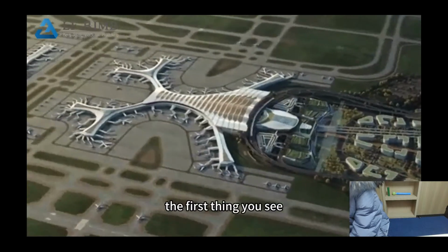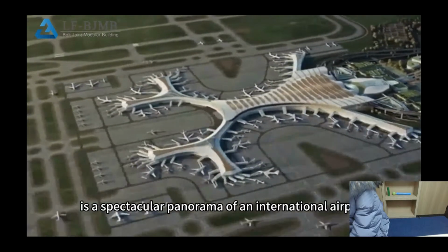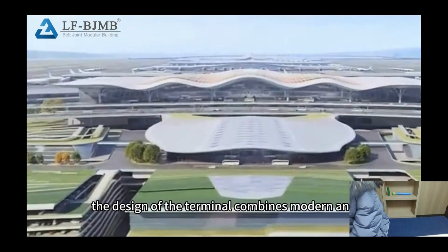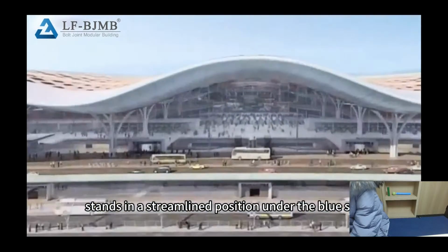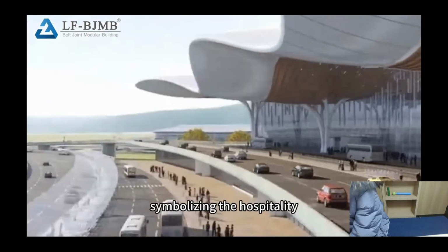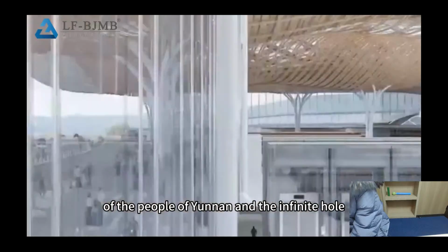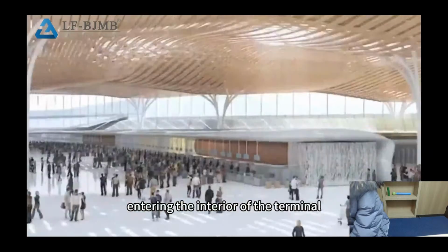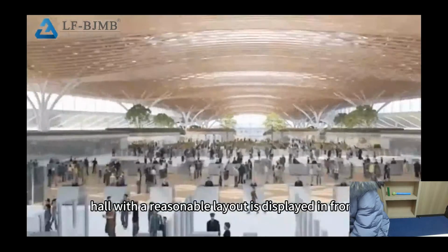The first thing you see is a spectacular panorama of an international airport in Yan'an province. The design of the terminal combines modern and traditional elements and stands in a streamlined position under the blue sky, like a phoenix with wings ready to fly, symbolizing the hospitality of the people of Yan'an and the infinite hope for the future. Entering the interior of the terminal, a spacious and bright hall with a reasonable layout is displayed